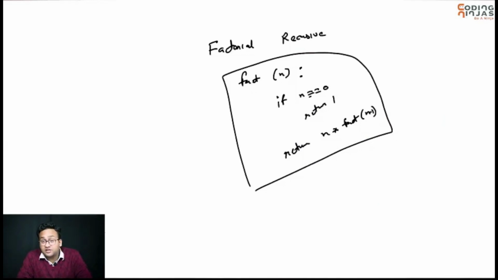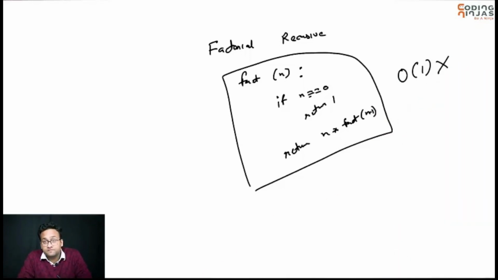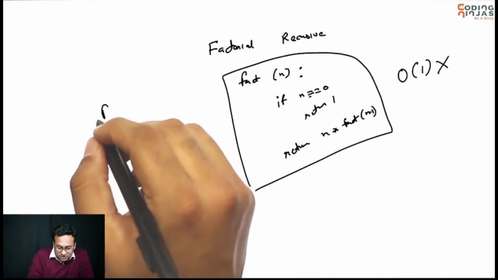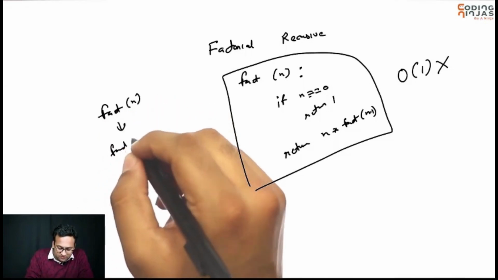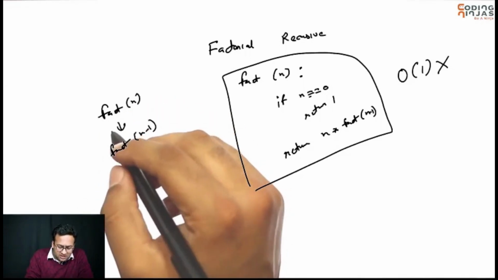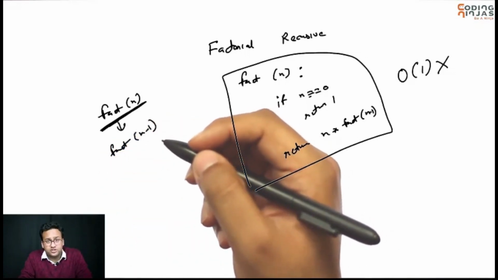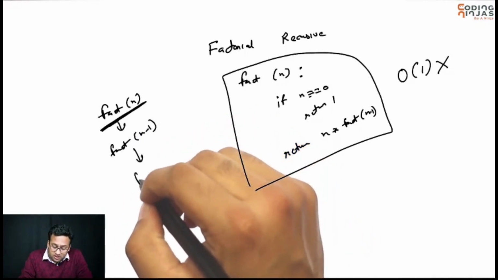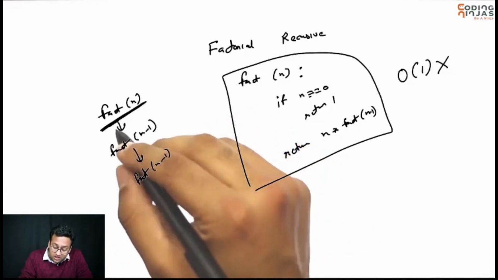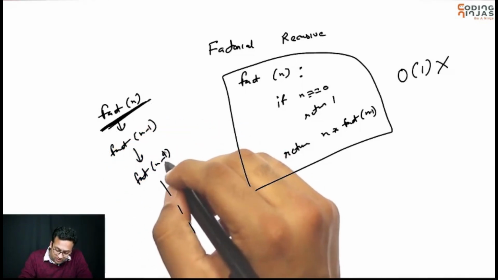But the space complexity of this function is not big O of 1. That's because when you call factorial n, it calls factorial n minus 1. Can this function go away? Is its work done? No, it's not. Its work is not done yet. Then you call factorial n minus 1, factorial n minus 2. Still factorial n has to wait. It's not done yet. Eventually, you will reach